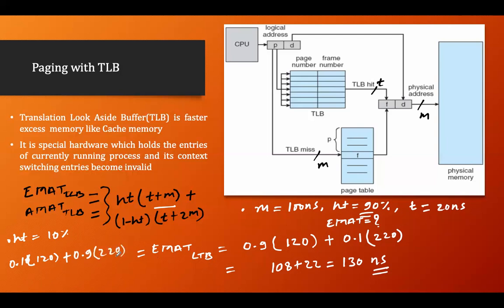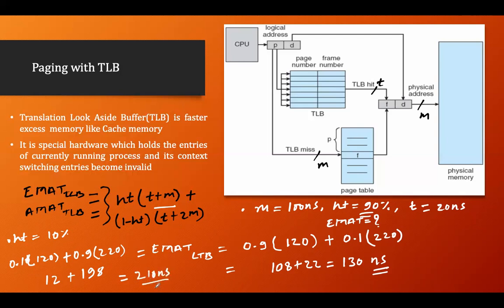I think you got the condition here, because if we calculate like this, it will become 198 plus 10% of 120, which is 12, and the total will be 210